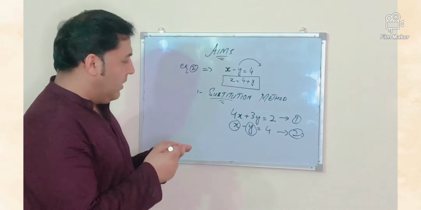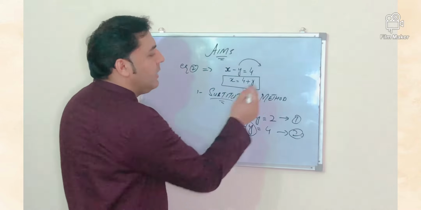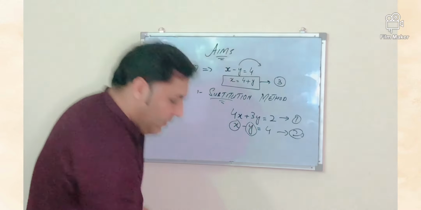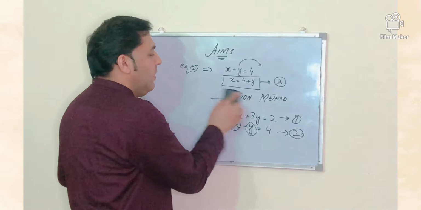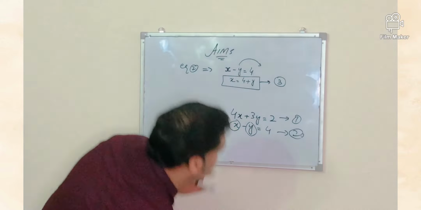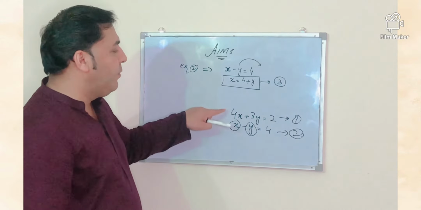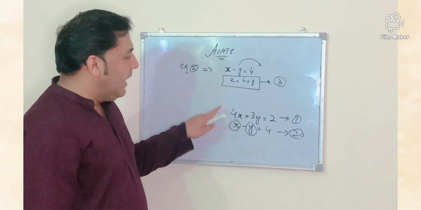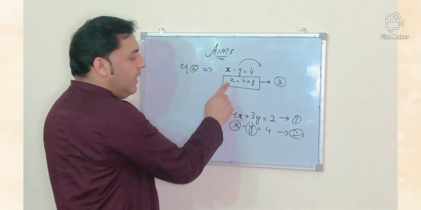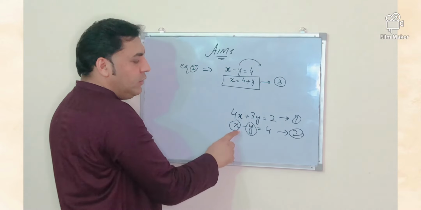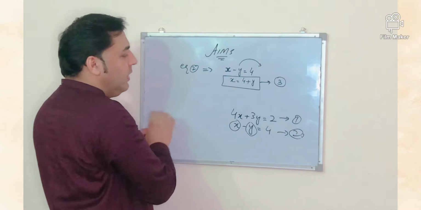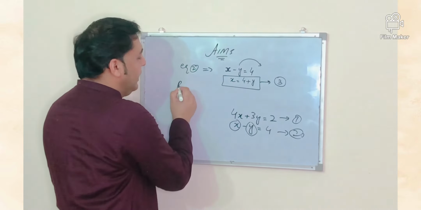I will call it equation number 3. Now what I have to do: I will put this value in equation number 1. Why am I putting it in 1? Because I took it from equation number 2. Whenever you take any value from a specific equation, you will not put it back into the same equation. You will put it into the other equation. Okay, putting in equation number